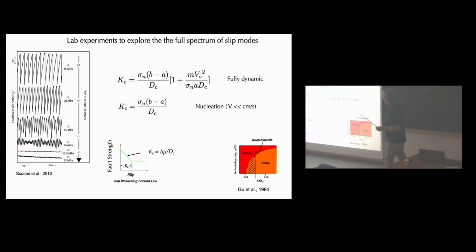Okay, so I'm going to keep using this critical stiffness because I want to try to interpret many of the things we're seeing in terms of variations of this. And I'm going to get rid of this term. We don't need it for the nucleation part of this. If we want to study something fully dynamic, then we need a more complicated model anyway, like Luis Gabriel uses. Then we need a lot more terms anyway. But if we just want to think about nucleation, like the transition from stable to unstable behavior, then we can do this. It's good enough, right? And so that's what I'm going to do. When I talk about the variations in this, from stable to unstable, I'm simply going to use this part of it,